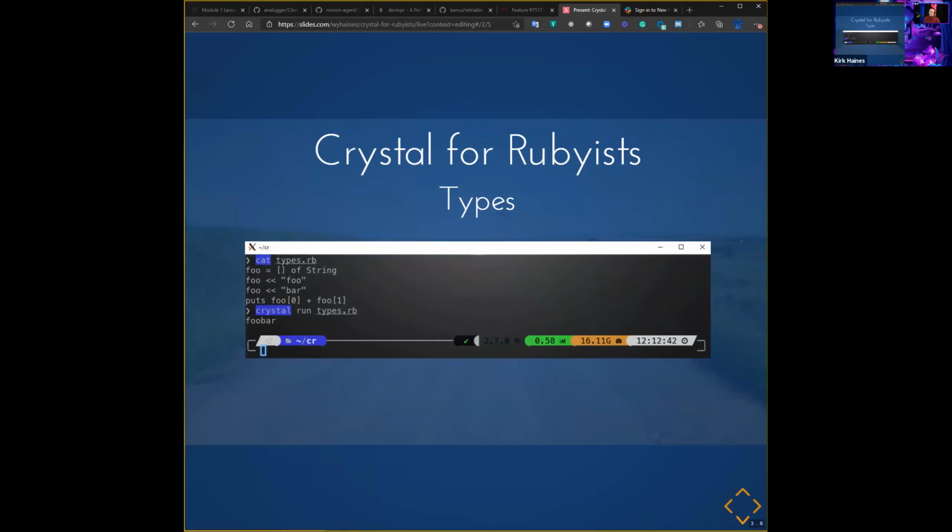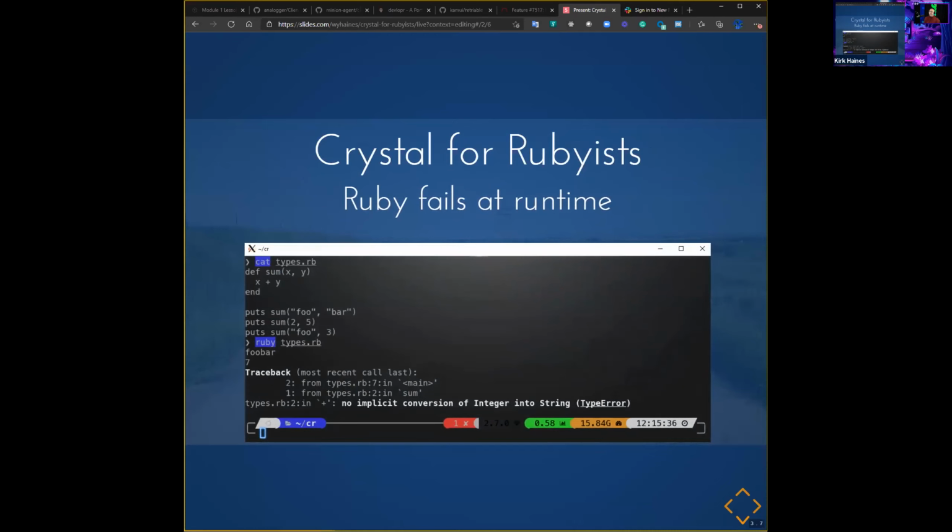And so, yeah, this is just an example that goes right along with that. This is actually Ruby code. It's valid Ruby code, and it's also valid Crystal code. The type inference figures out what you're doing, and it works just fine. And this is another example of valid Ruby code that in this case is not valid Crystal, because what's happening is that you've got a method that is adding X and Y, and